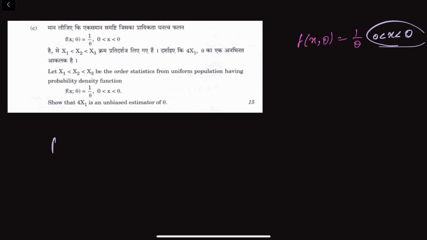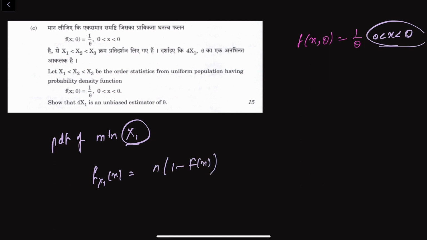And if we find the PDF of the minimum statistic, in this case X1, that is f X1 of x, which is n into 1 minus the CDF whole to the power n minus 1 into f of x. So that's n into 1 minus x by theta whole to the power, the random sample is of size 3, so this will be 2, and